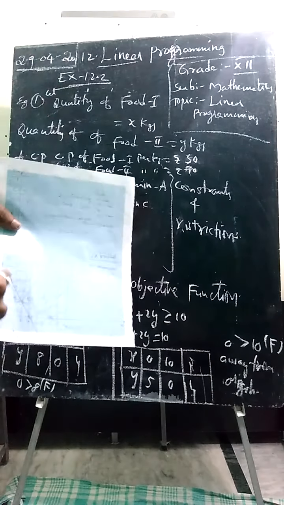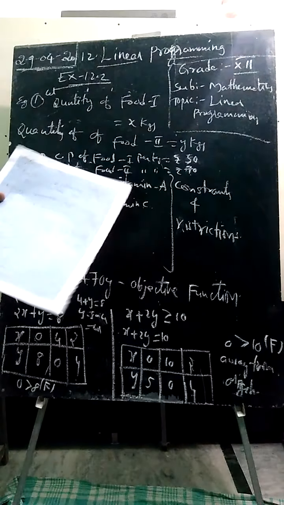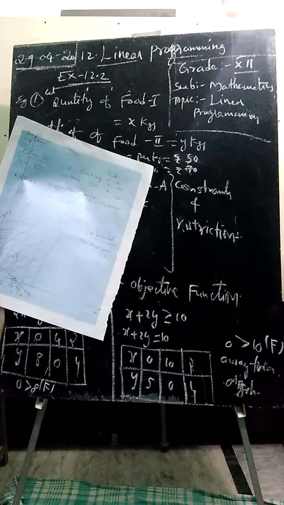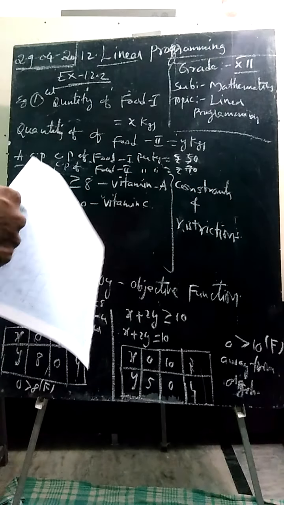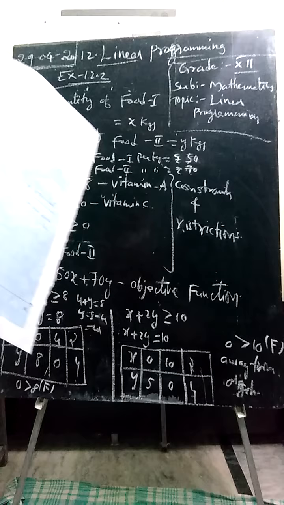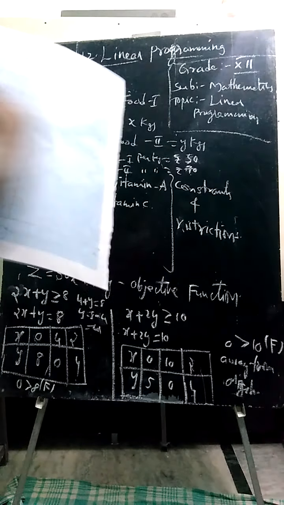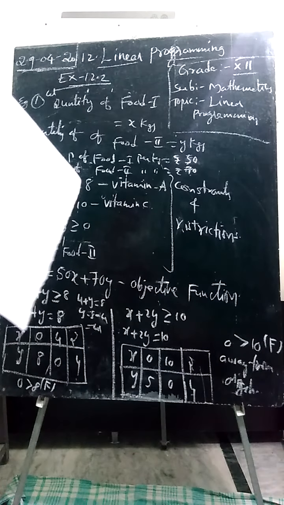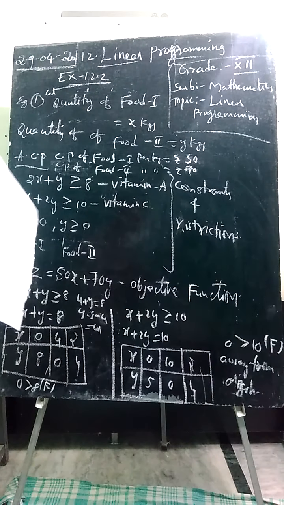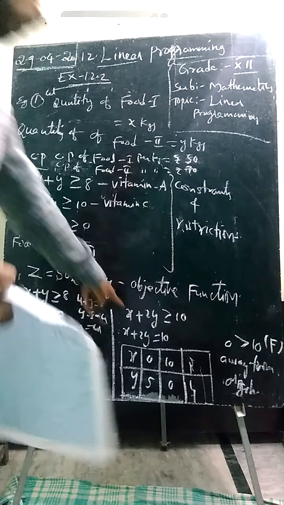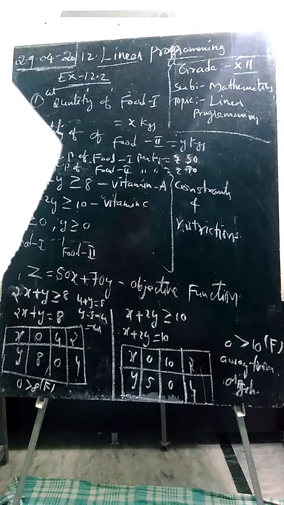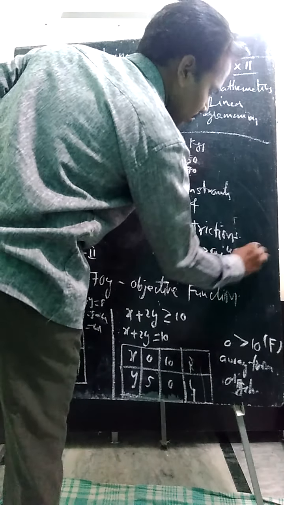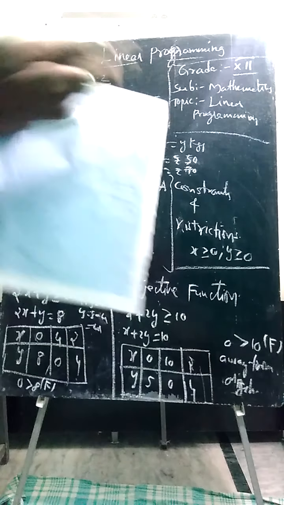So here we will draw this inequation, 2x plus y greater than or equal to 8. We get it like this: (0, 8), (2, 4) and (4, 0). We got one equation and it is away from origin. That is why we are drawing away from origin. Then again, here this one is (0, 5), (2, 4) and (10, 0). Again one more equation. The name of this equation is x plus 2y greater than or equal to 10. It is also away from origin. x is greater than or equal to 0, y is greater than or equal to 0, always positive x axis, positive y axis.